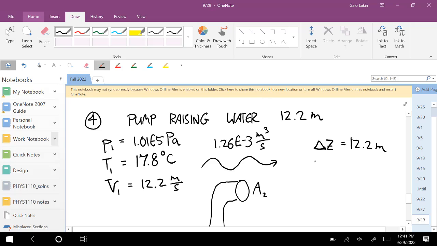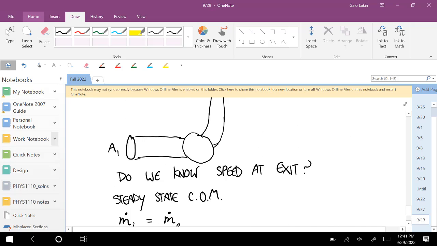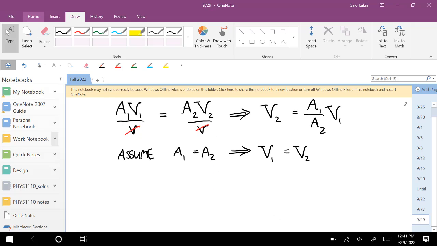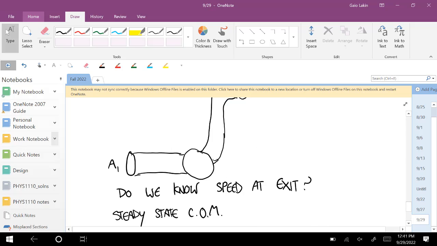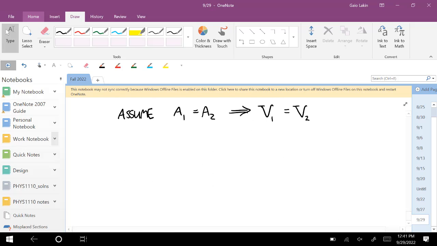So this up here, well, yeah. V2 is the same as what we were given. Well, this is a pump, so we know we're gonna use the first law. So dE/dt is equal to Q dot minus W dot